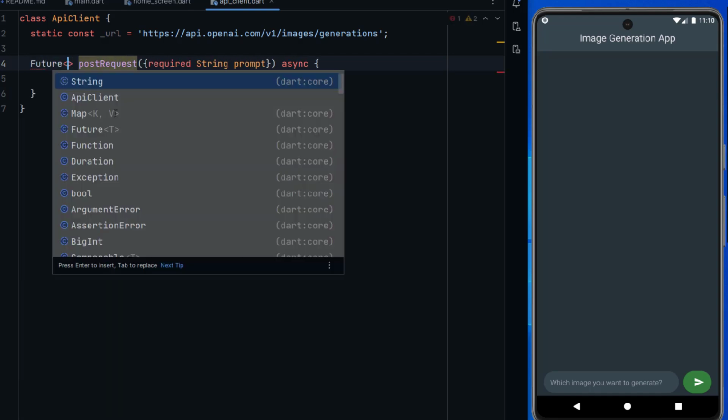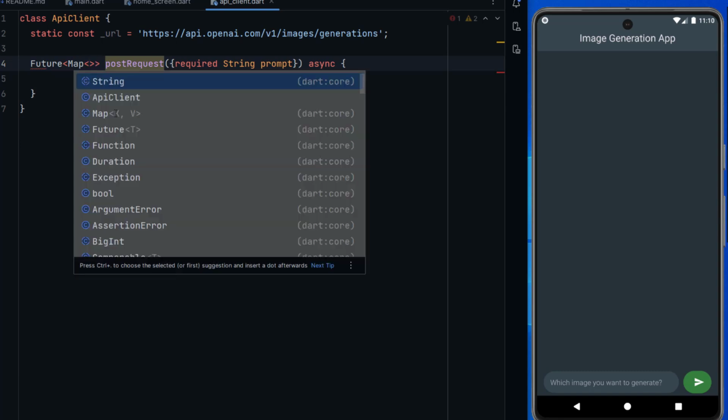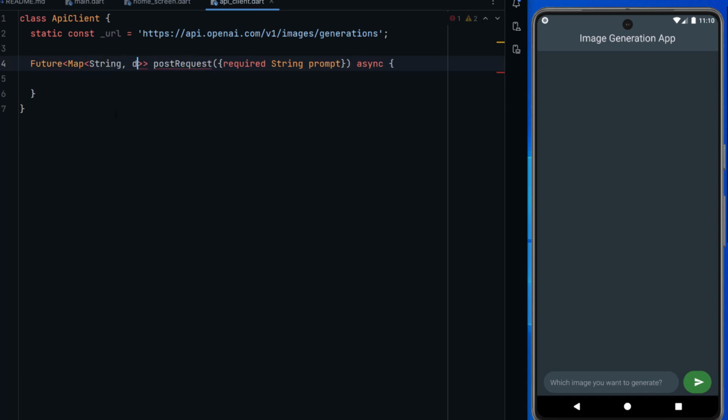Future map, type string dynamic. It will return a map or null. So here we will use the symbol for null, right? Now here we will write our code